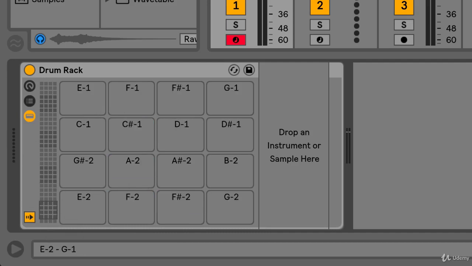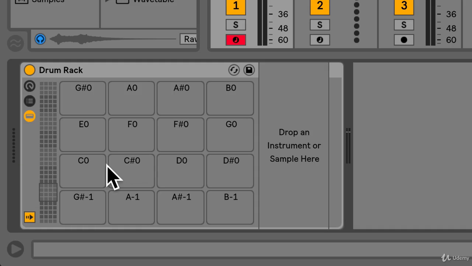You can scroll down here on the left, and we have up to 128 little pads where we can drag samples or even drag multiple samples to these pads. This is great if you want to add, say, MIDI effects or audio effects onto the separate pads as well. It's a really powerful tool, a really powerful instrument in Ableton Live 10. And in the next few lectures, we're going to be going through in detail how you can use the drum